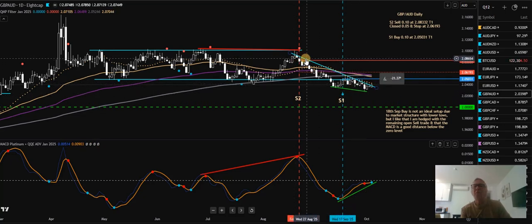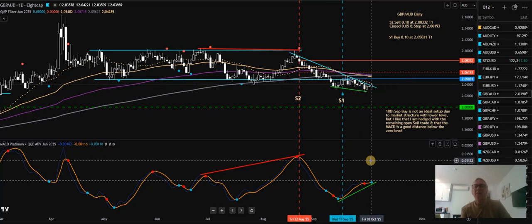So I've drawn this trend line across the highs. It's just about breaking that trend line now, and especially with there's now regular bullish divergence. So I've already got a buy on. There's a blue dot on the MACD platinum below the zero level. There's that regular bullish divergence. So you could take a second buy trade there if you wished. I'm going to hold off for one more candle, see where we go,